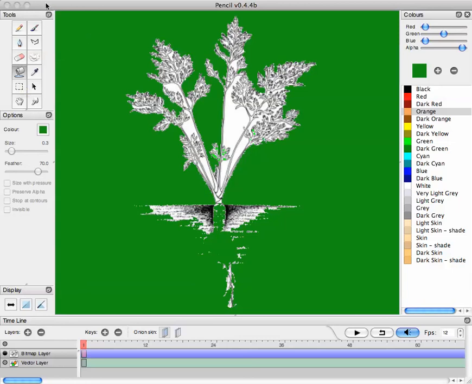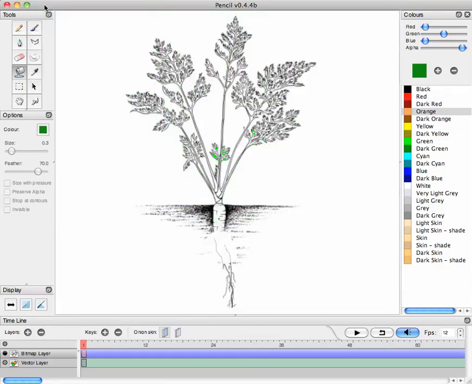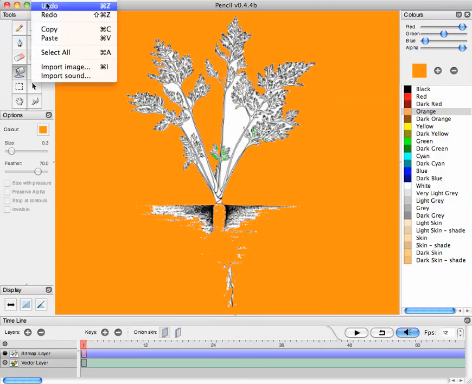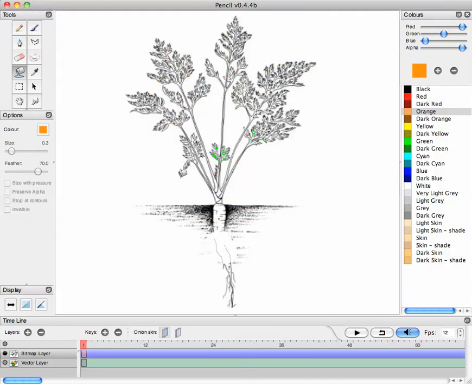What do? Edit, Undo. Let's go get the orange now and try to fill the carrot orange. Oh my goodness. Why is it coloring everything orange? First of all, I want to undo. It's coloring everything because the carrot is open to white. And if I choose white anywhere in the entire painting,